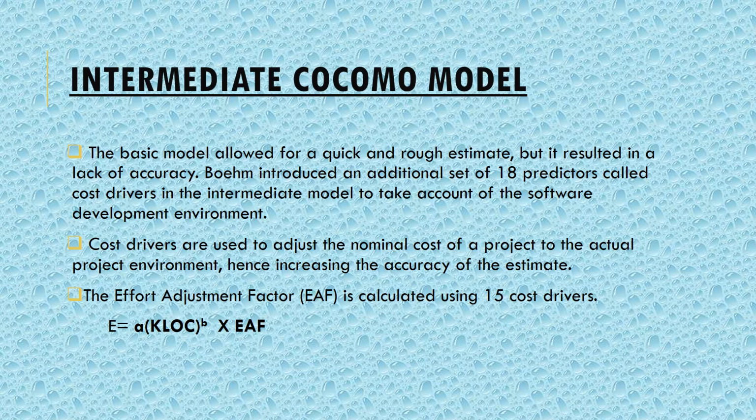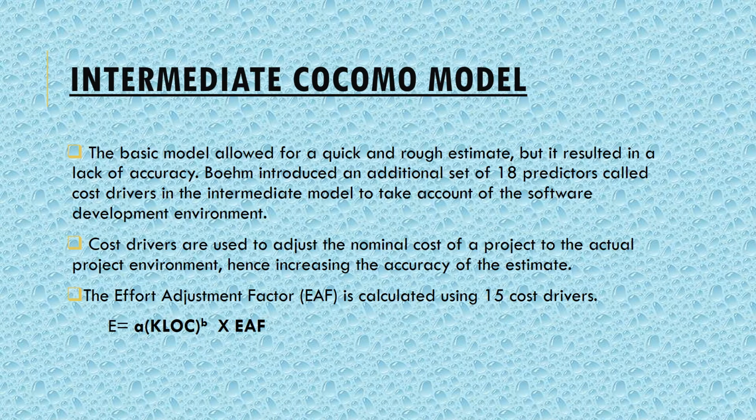Now you can easily correlate between these two categories. In the basic model, we considered only the lines of code, and the effort was estimated based on the lines of code. But in this intermediate model, the software development effort is estimated in terms of the size of the program as well as related cost drivers like product parameters, hardware parameters, resource parameters, and all the